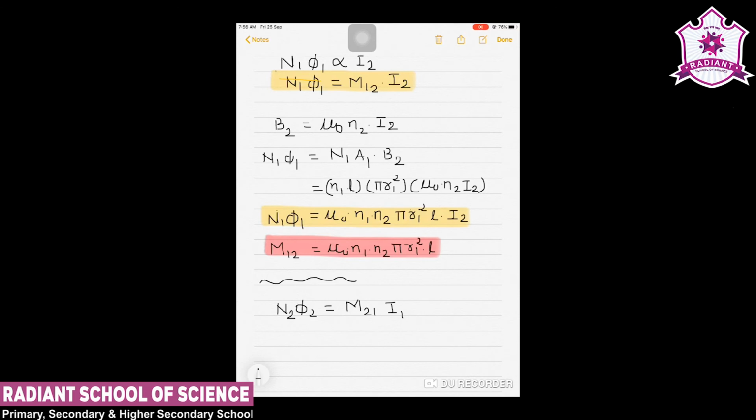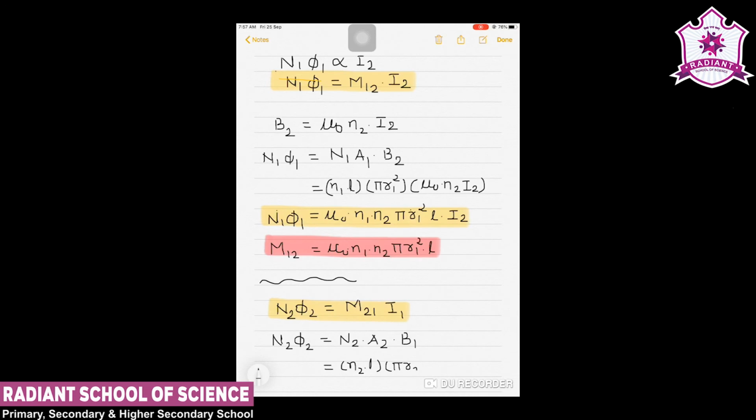The flux due to the current I1 in S1 can be assumed as this. Suppose we consider this as our first equation. Now we apply the equation as per chapter number 4 for the flux. We can say that N2 phi 2 is equal to N2 A2, but the magnetic field will be for the 1. So this will be N2 L